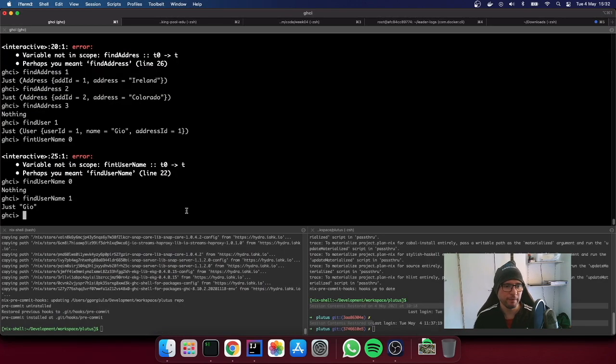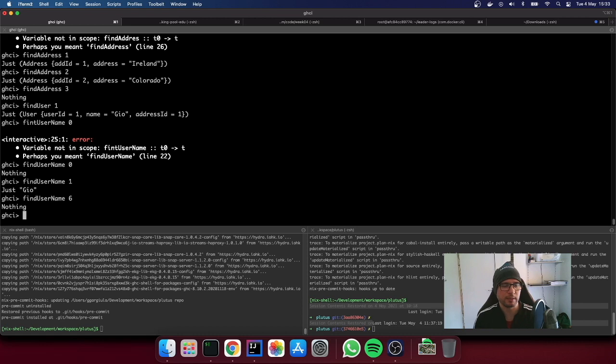Right, and as I showed you earlier on, if I go find username 6, there is nothing. The function map is not exploding, it's not giving me an error, because it's done by design that if there is nothing in the monad, I know I've said it 10 times, but I want to say it just one more time. If there is nothing, the beauty of the monad is that it has failed, I can't transform anything, so nothing is nothing, there is nothing inside.